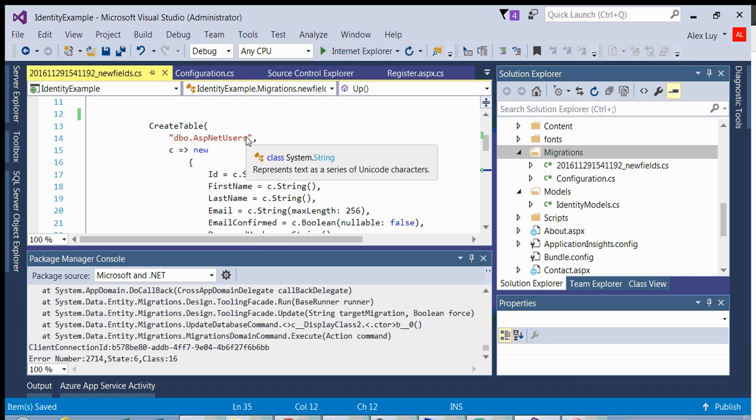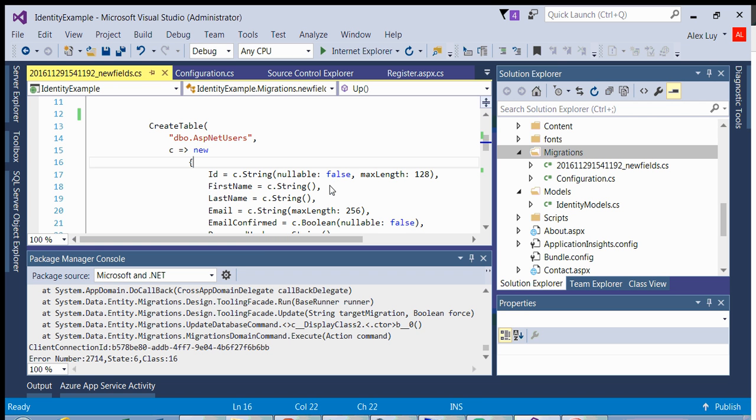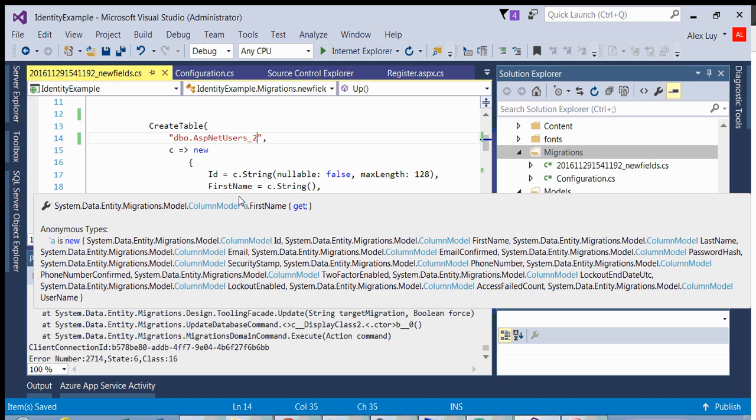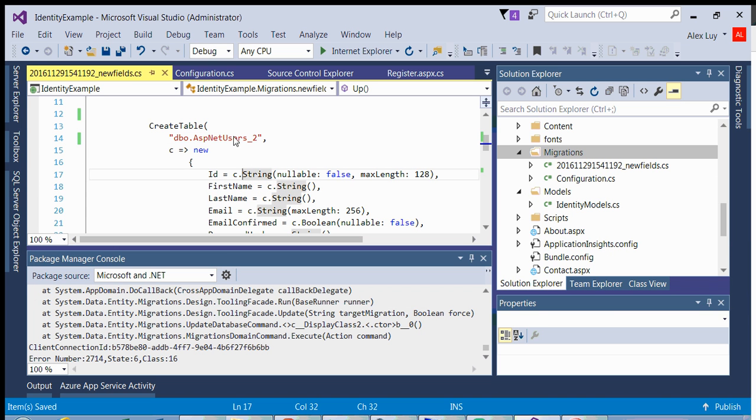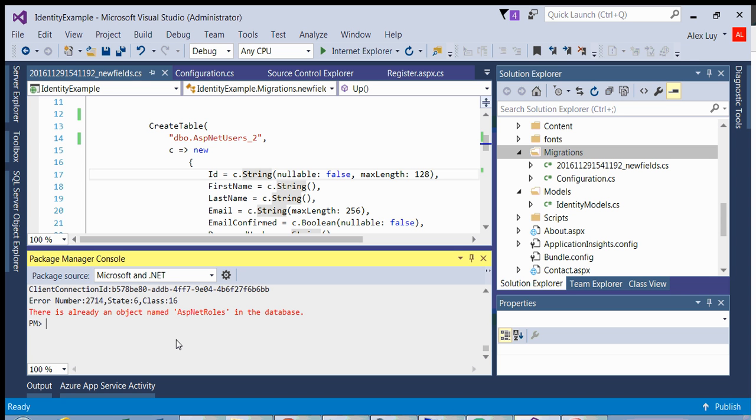But the other tricky thing is do not recreate AspNetUsers. It's going to bark at you and say there's already a table called AspNetUsers in the identity framework. So what you want to do is label this as _2, so that we do kind of a temp copy. We will create AspNetUsers2, and then we will rename our current one to old and rename this to the current one, and then we should be able to insert our new fields in there. So let's do that, click on save, and over here we run that command again. So let's do update-database,